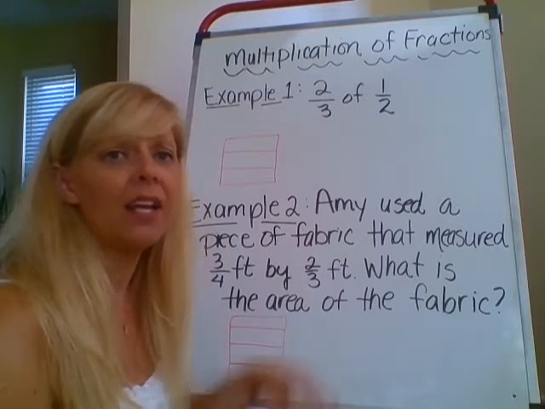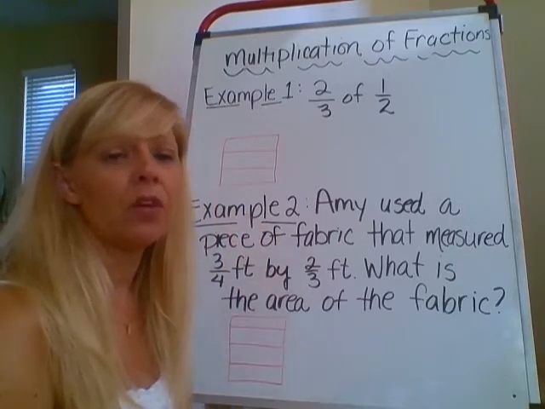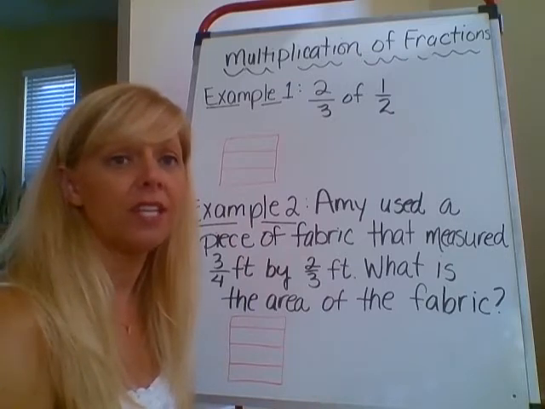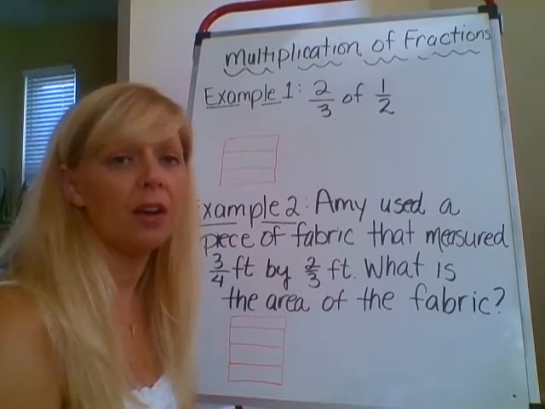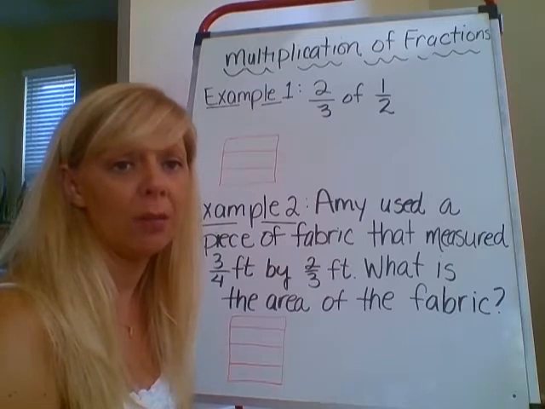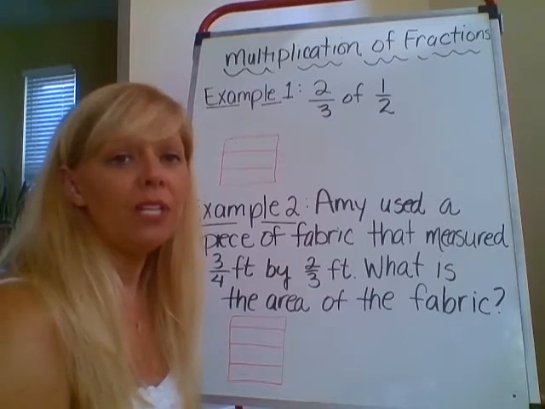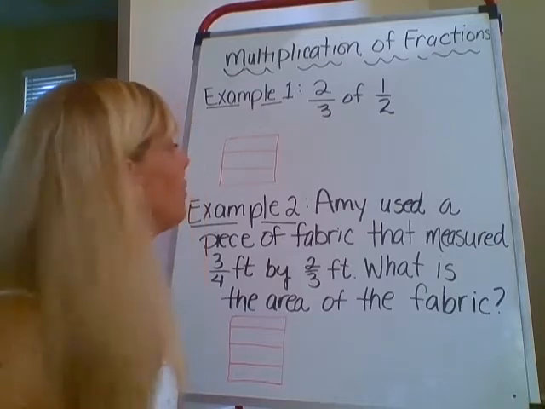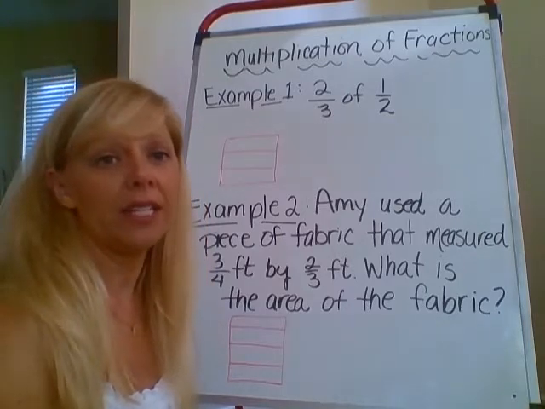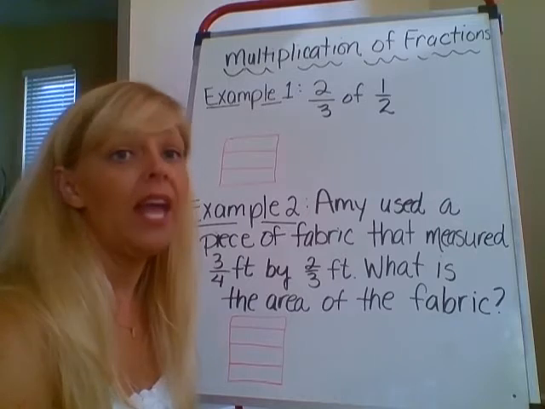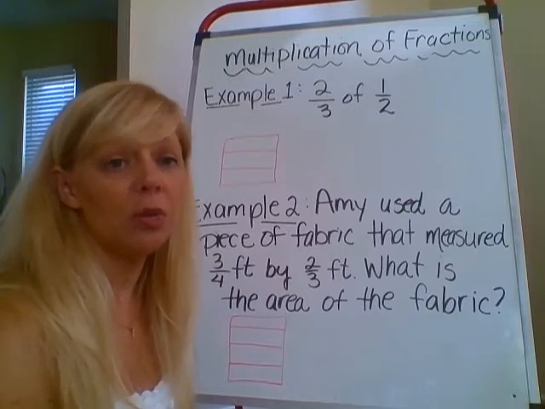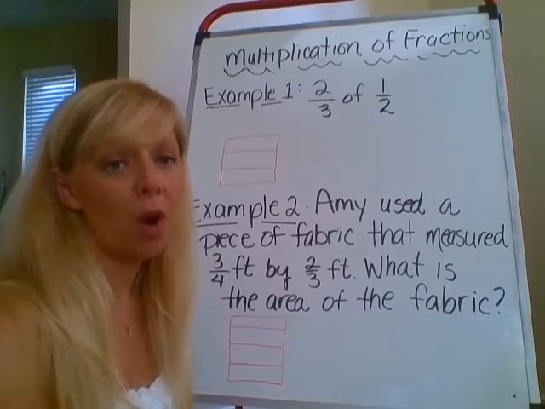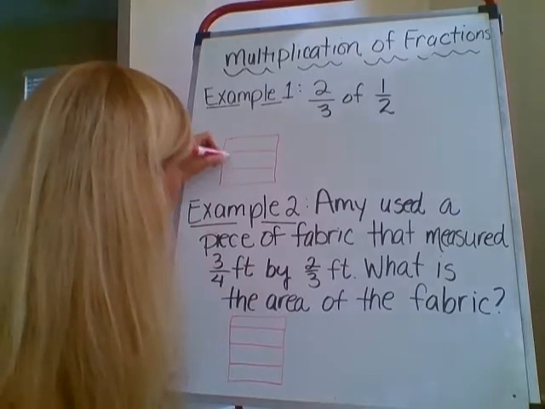So again, I've got some visual examples, and then we're going to do the algorithm, which is the traditional multiplying of fractions without a diagram or a picture. So if I want to take 2/3 of a half, first thing I have written down is 2/3, and I'm going to go ahead and shade two of my three pieces. So this is my part. So 2/3,